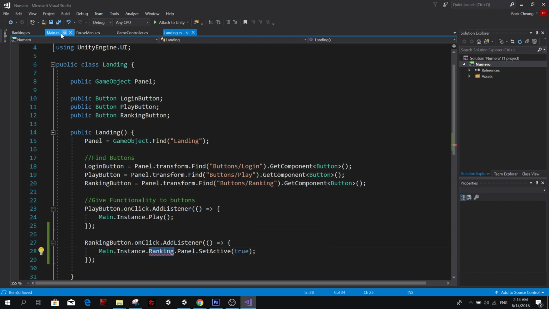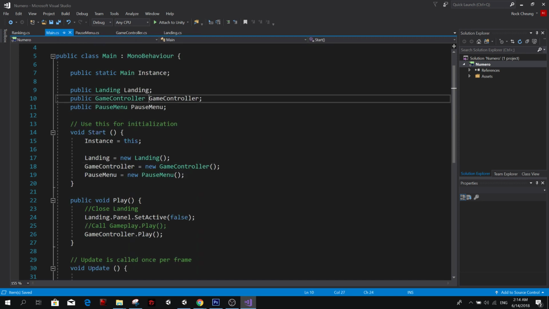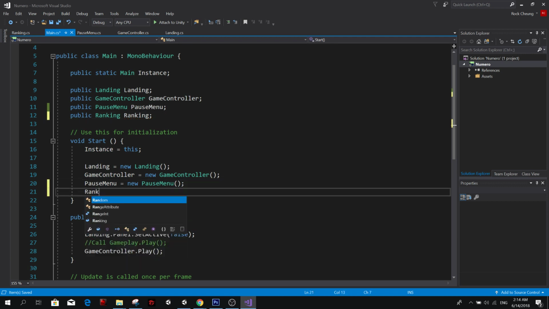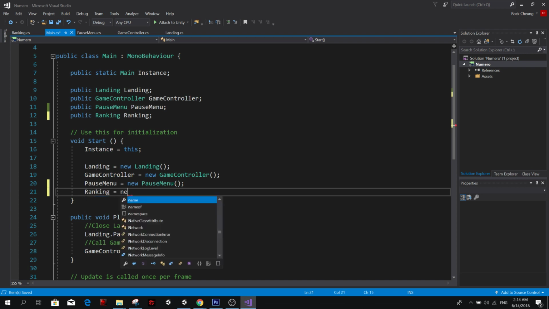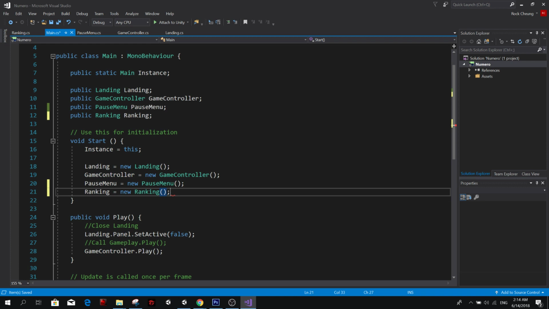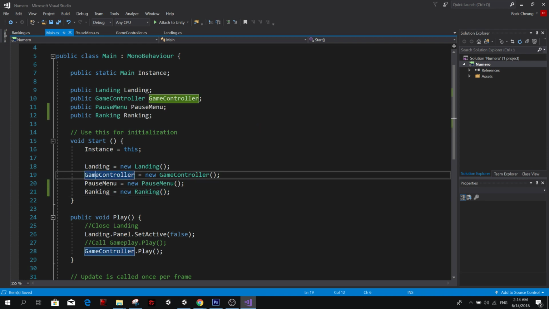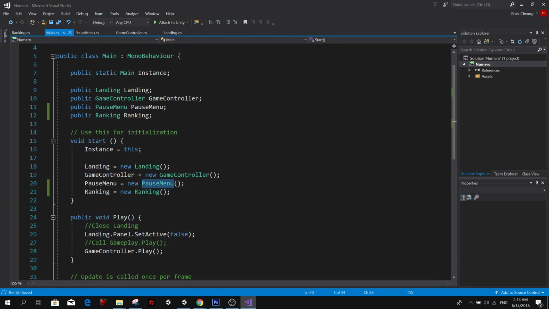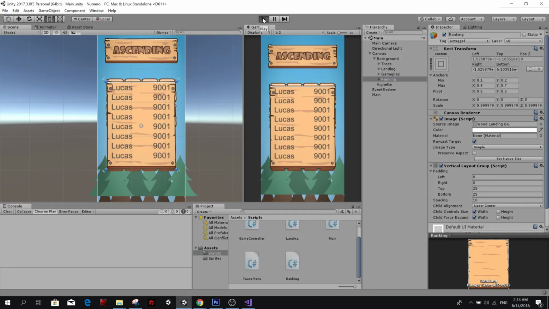And we don't have that ranking, so we need to set it here in main, public ranking. I don't know if this is going to be a problem because we create a landing, but at that point we haven't actually created the new ranking, because we create the new ranking here. So let's see if there is any problem with that.